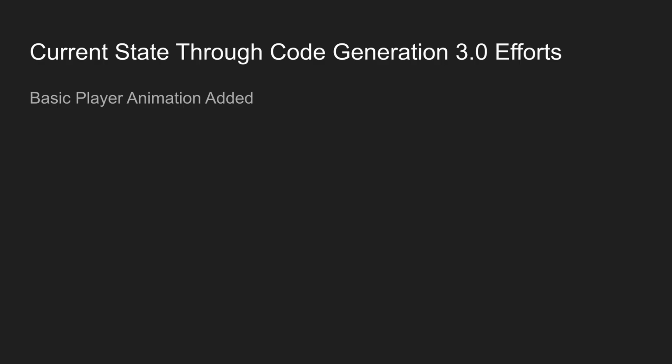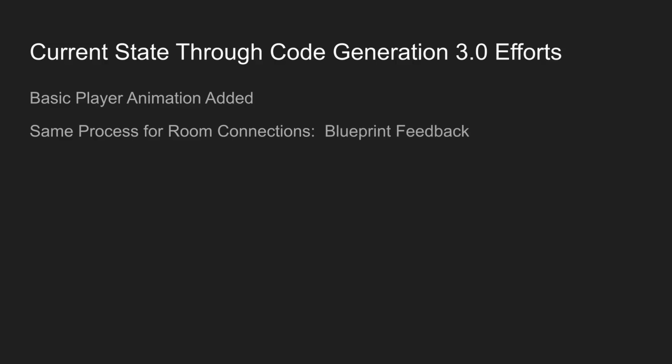Now that we've got our player basically implemented, we did the exact same process for trying to connect the rooms. We built a blueprint, did multiple sessions with the agent and architect. We started testing and saw our room debug overlay conflict with our player overlay. And this was kind of a problem because not only was the text small and hard to see, but now